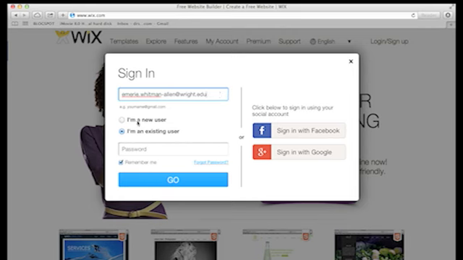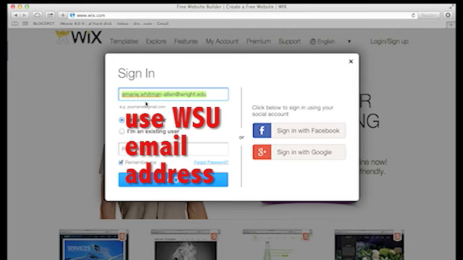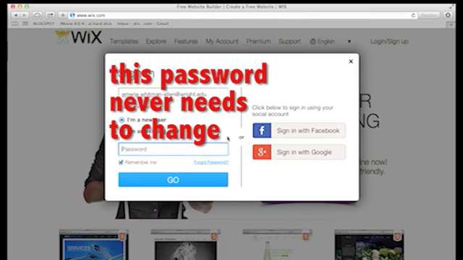And I am a new user, so I need to make sure that I'm selecting this bullet point that I am a new user. And I'm going to type in my Right State email address. It is really essential that you use your Right State email address, not a Gmail account or a Yahoo account. You need to use your professional Right State email address. So I would type that in right here,